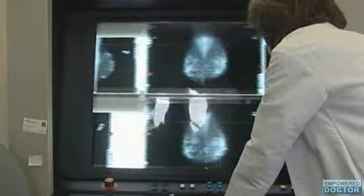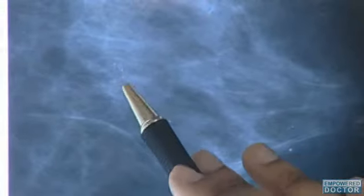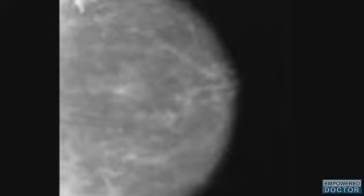In the case of inflammatory breast cancer, the doctor will also be looking at the regions surrounding the breast to determine how far the cancer has spread to the lymph nodes and other tissues. Once all the data has been carefully gathered, the doctor can then begin determining the best treatment plan for the